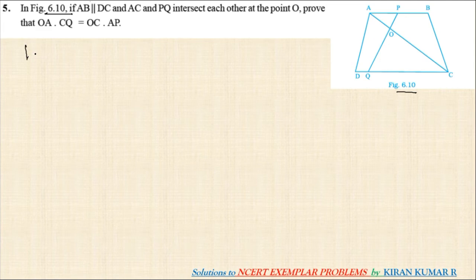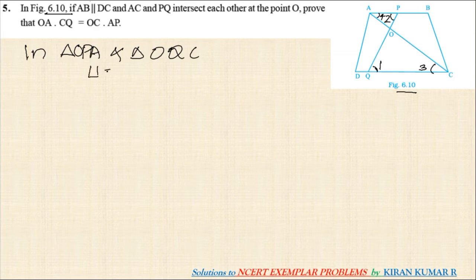I'll consider the triangles POA and triangle OQC. If I consider these two triangles, what I observe is this angle will be equal to this angle. If I name this as 1, this as 2, this angle as 3, and this angle as 4,